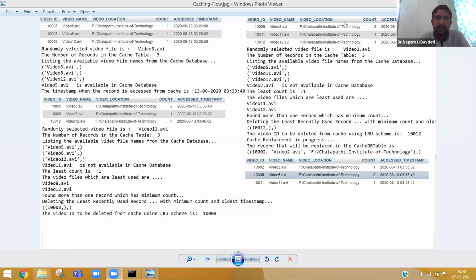Because in this particular case study, if two users get access or a user asks for the same video, it will never happen that the access timestamp is the same. Why? Because we are running the program and the user is selecting. It is not real time.